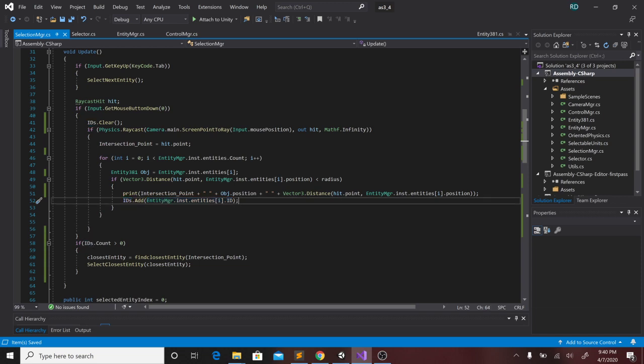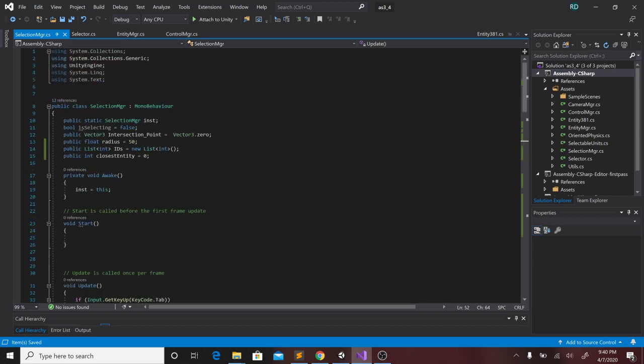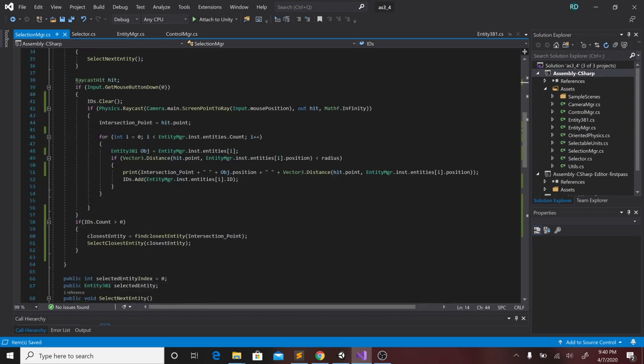IDs is a list of type int. I have initialized it here. Here I am going to store all the index values of the entities which are inside this radius. Now at the end of this for loop, I'll get a list of entities within certain radius from the point of intersection. Now if there is only one entity,